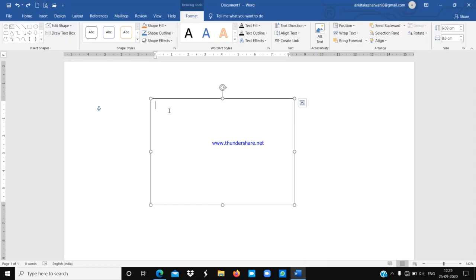Now we are going to add some text here, and you have to observe that whatever text I write over here will be automatically adjusted inside this text box. So watch and observe very carefully. Now I am going to write: a text box is a placeholder where you can enter text.